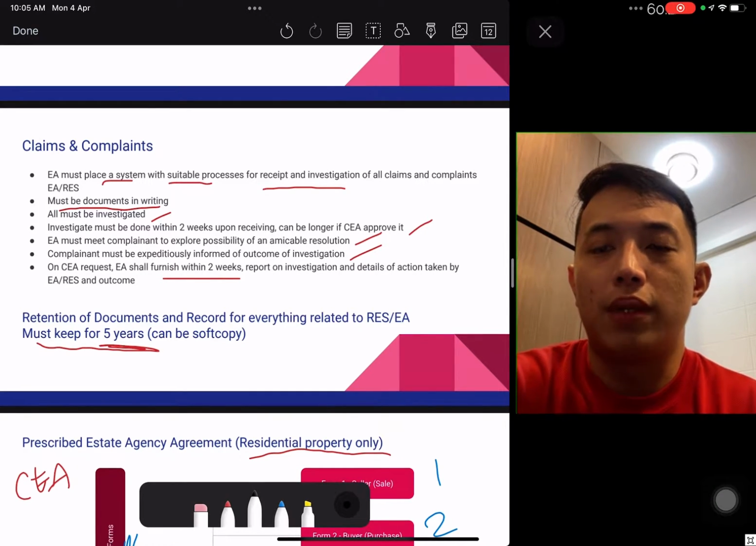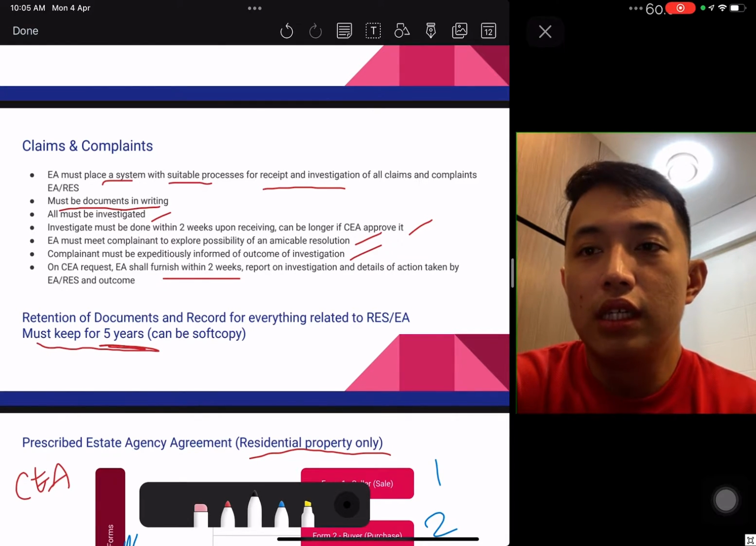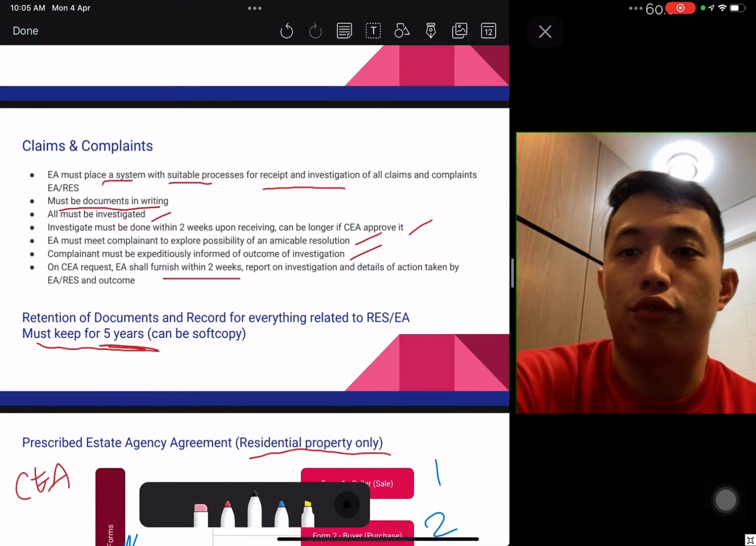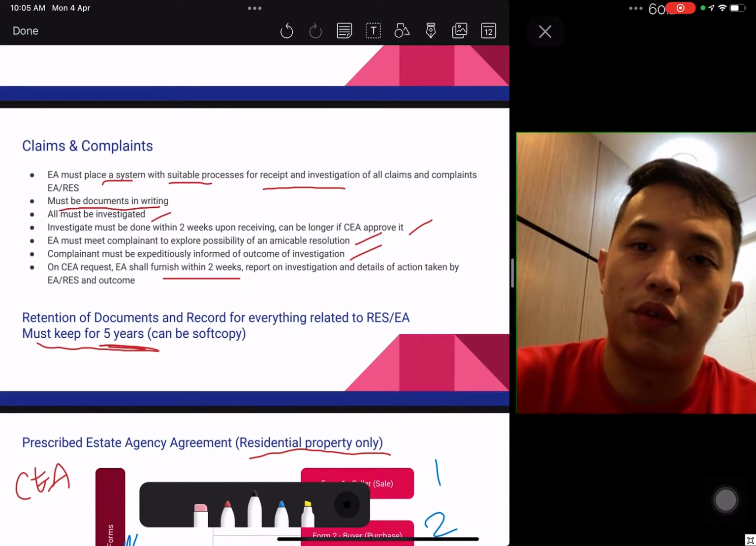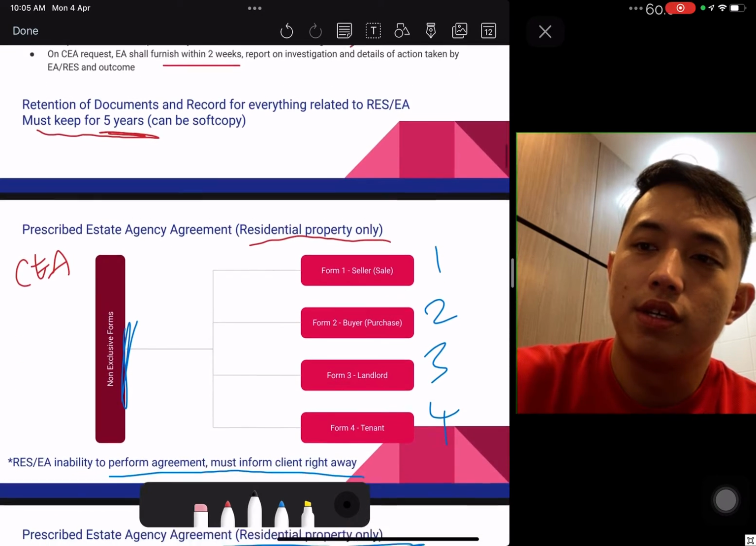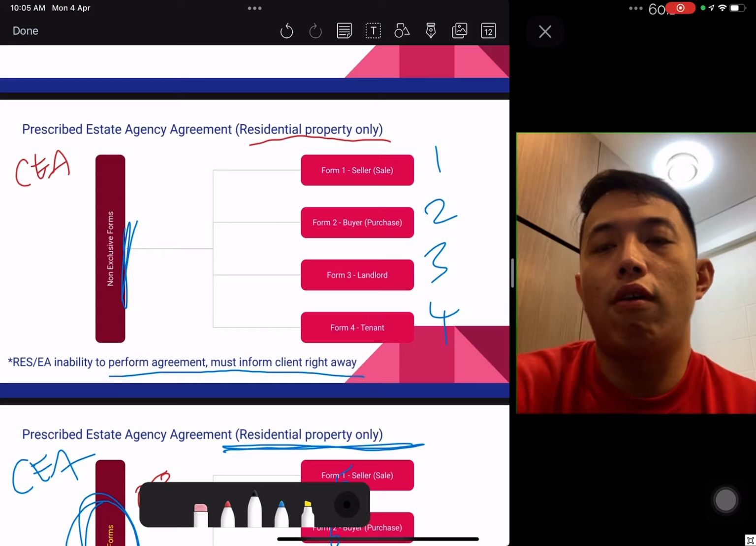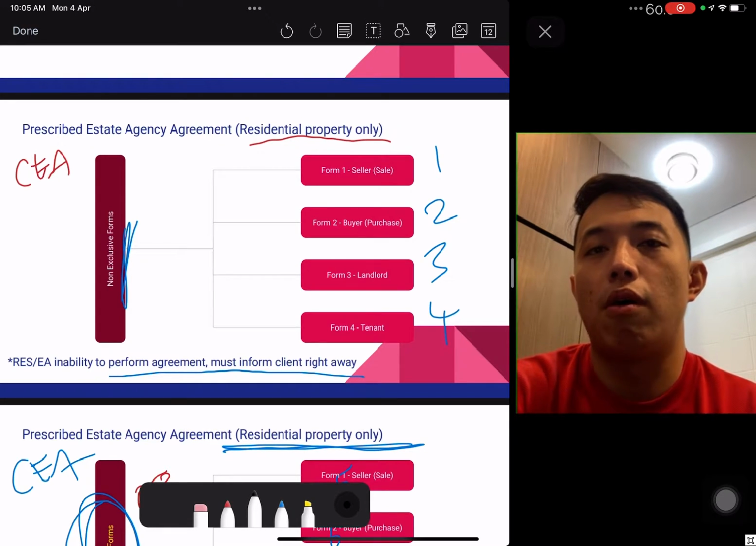EA have to meet the complainant to find some possible resolution. If CA requires, EA have to publish the investigation information within 2 weeks. All retention of any documents must be kept for 5 years. Soft copies are allowed. Under this, for all residential properties in Singapore, we are required by CA to use their